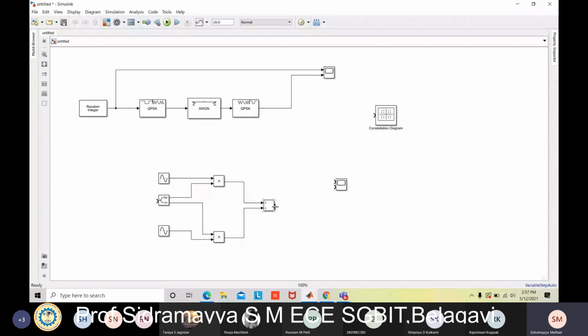And one more thing: the scope has one more input from a direct input. So I connected it here from the random integer.